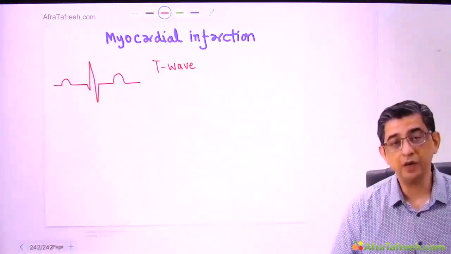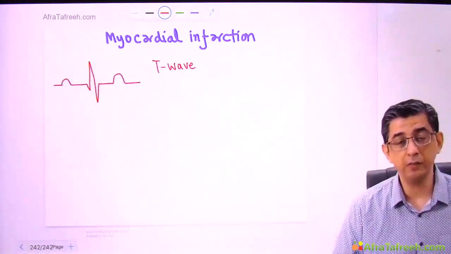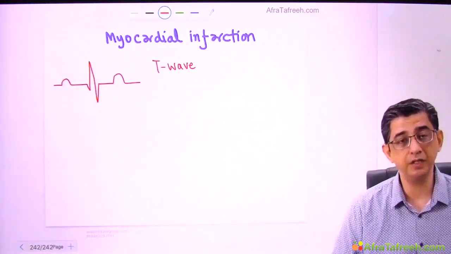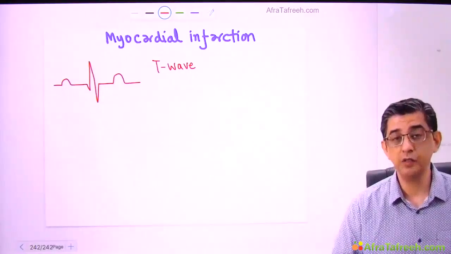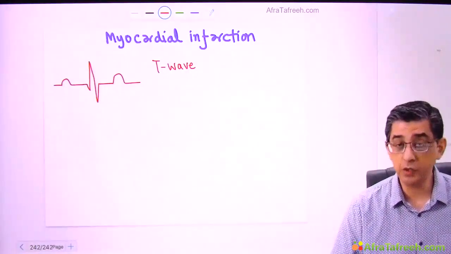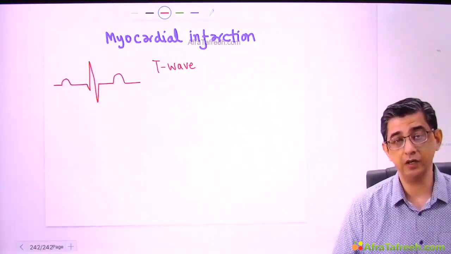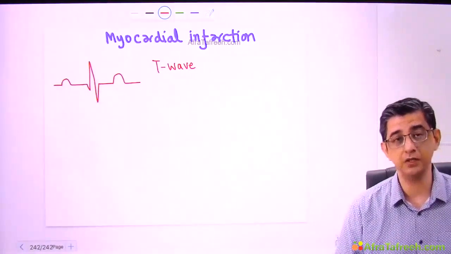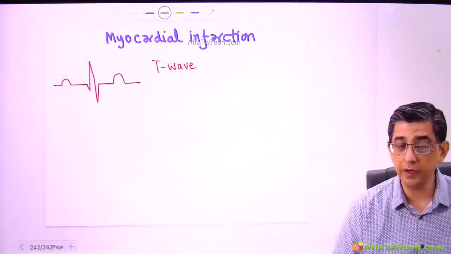The next topic that I'll cover here is myocardial infarction, and I will begin by first describing the ECG findings that would be encountered in the case. First of all, I want you to be clear that if they ask you what is the earliest ECG finding in myocardial infarction, please do not answer ST elevation. It is rather an increase in the height of the T waves.